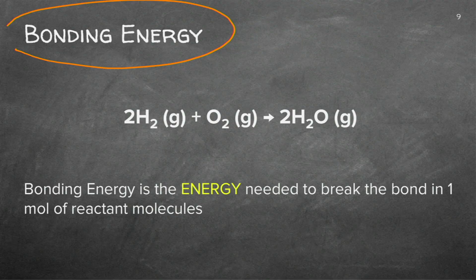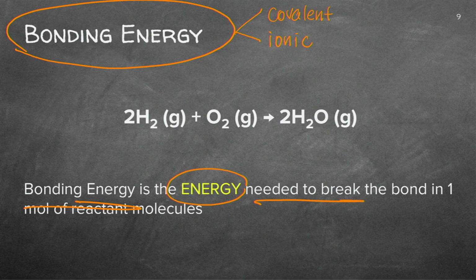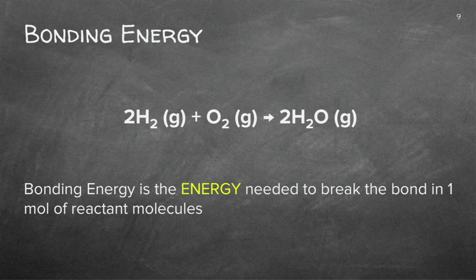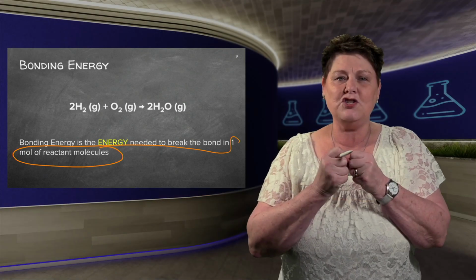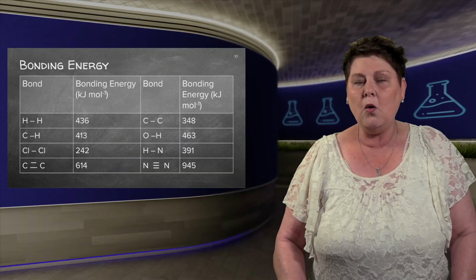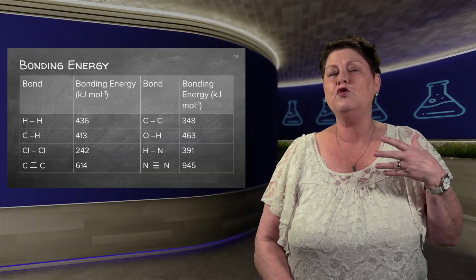This we call bonding energy. Remember you did covalent and ionic bonds? Well, to bind these atoms or ions together, you will have to have energy. And the bonding energy is the energy that's needed to break the bond. Not of any number of atoms or molecules, it has to be specifically 1 mole, because they standardize the measurement of 1 mole. So you will always get a table if they want you to calculate this.